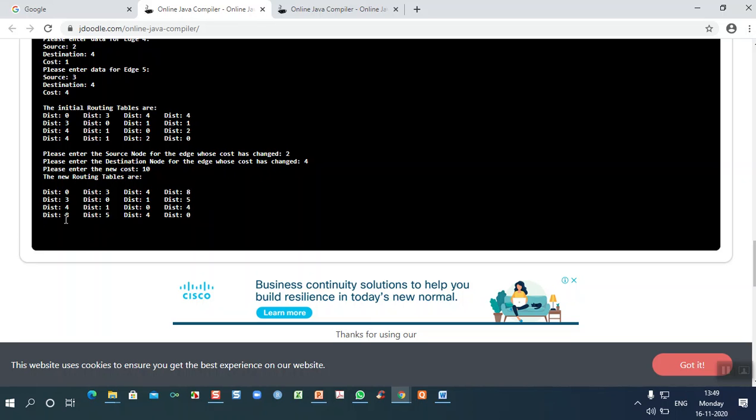Here you can see, in reverse, it is 2 to 4, now it is 4 to 2, that is 8. Is it not? So in this way the routing table will be updated. If you want to change any cost value after building a routing table, the updation has to take place based on that. So this is the example for the distance vector